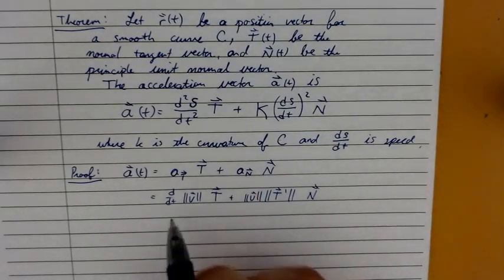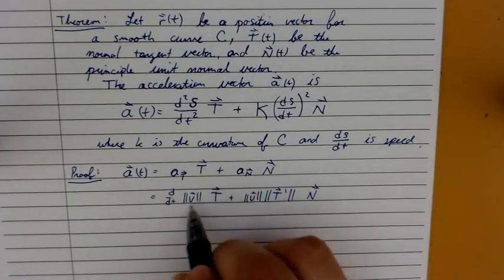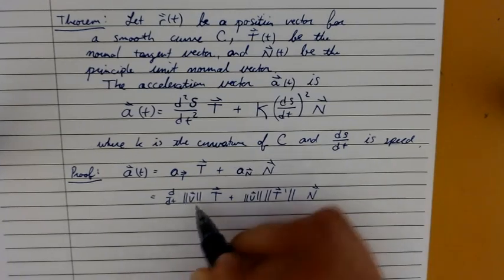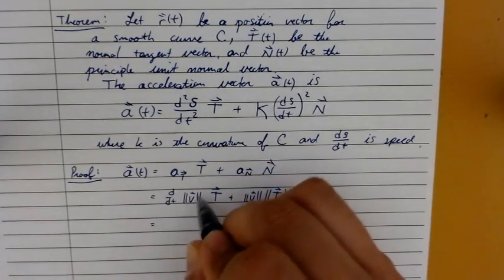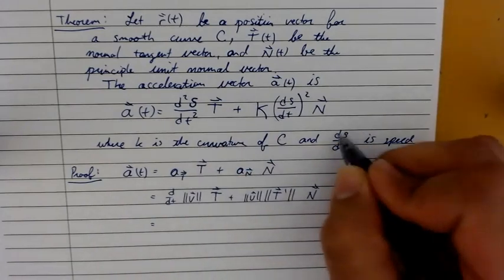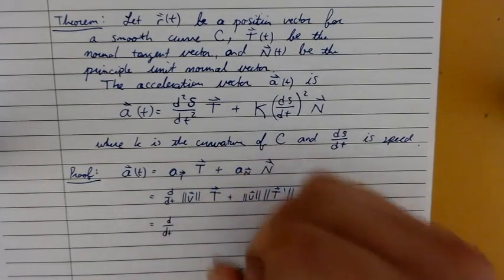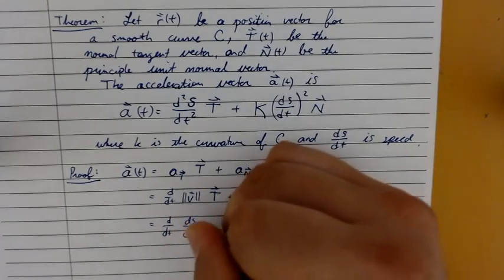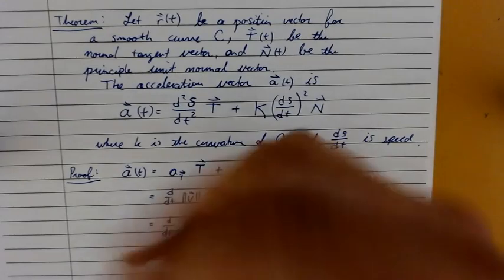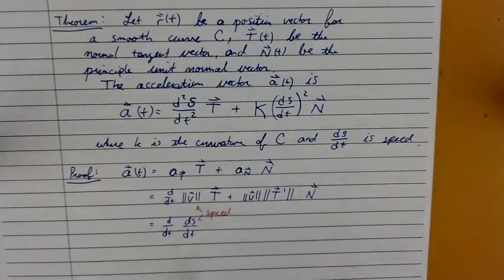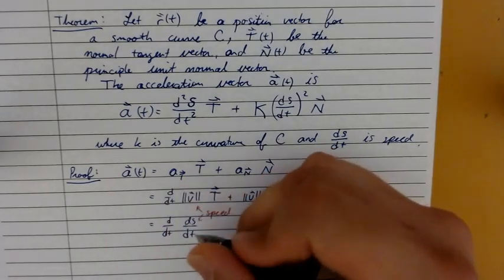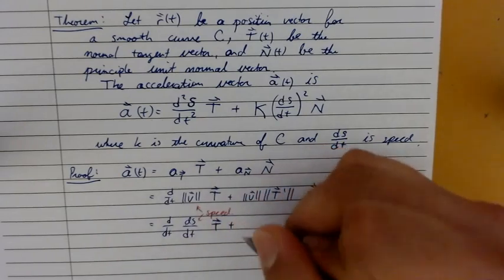Okay. But now, this right here, isn't this speed? That's the velocity. The magnitude of the velocity is defined as speed. So here this is the change in the speed. Oh, okay, so it's the derivative of this thing. So this would be d/dt of ds/dt. After all, both of these mean speed. Times our unit tangent vector, plus,